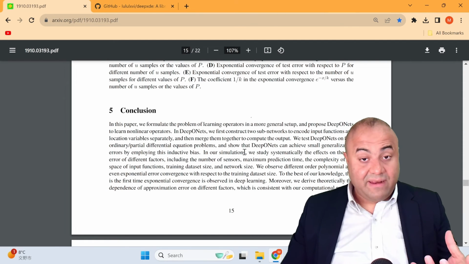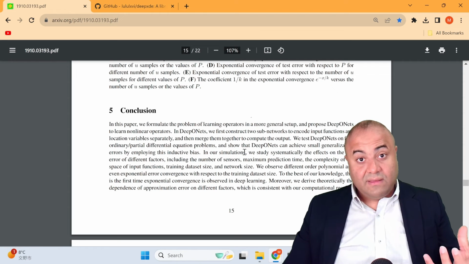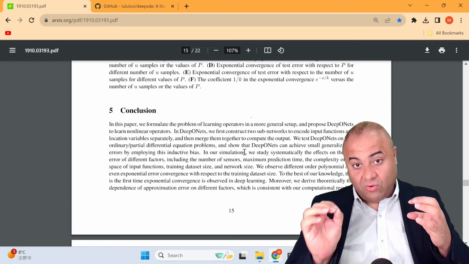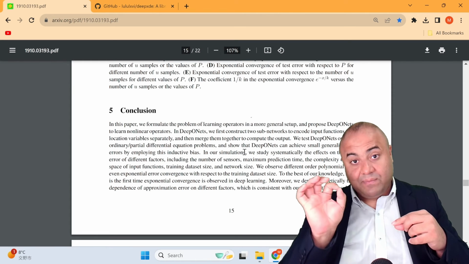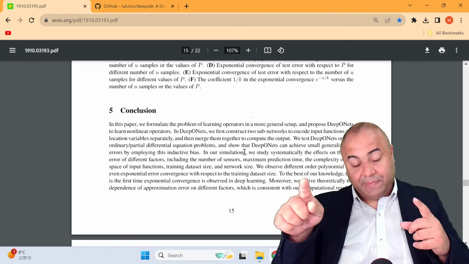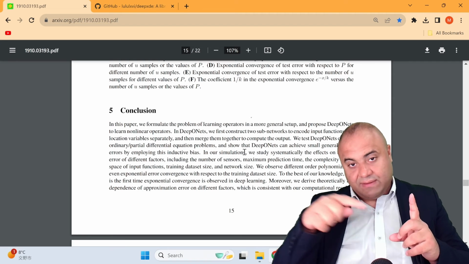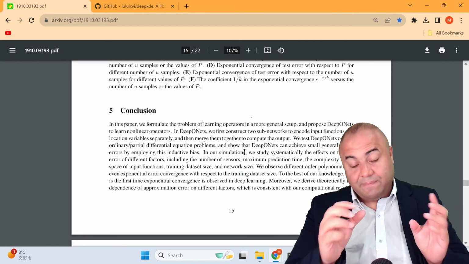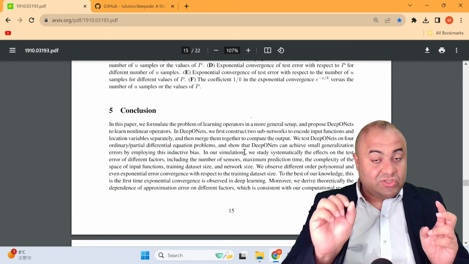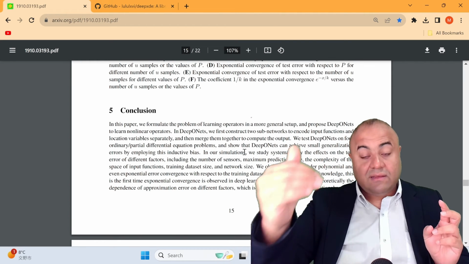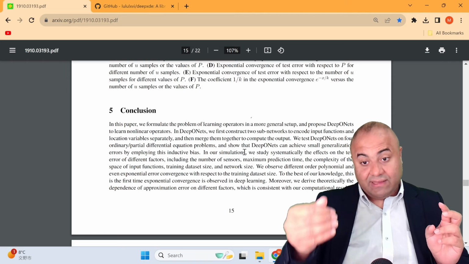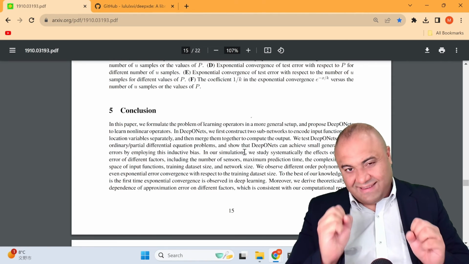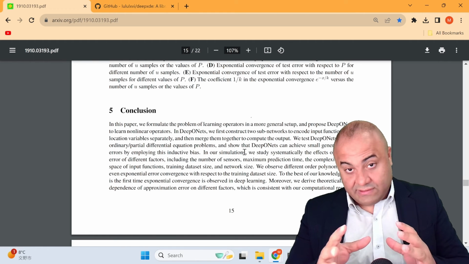But anyway, you can see this paper, and as I said, the main idea of this paper, at least in my evaluation, is you need a network that knows the whole system, or the whole initial condition, basically, and the location at which you want to calculate the thing you want to calculate in the future. This is what you need. I think this is the critical idea behind all of this work.